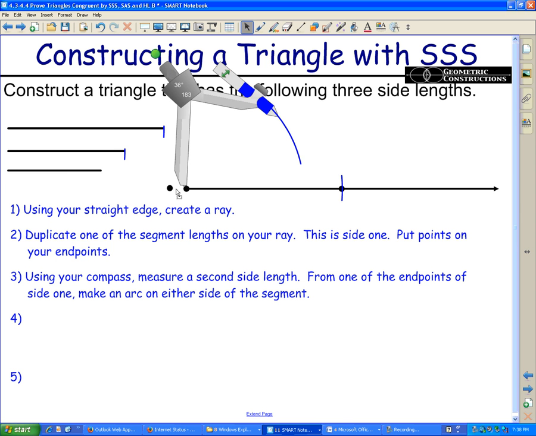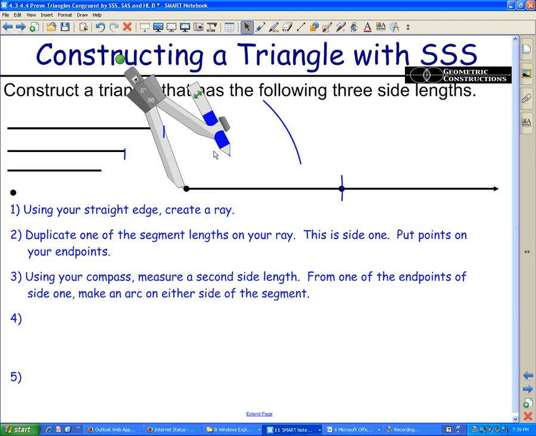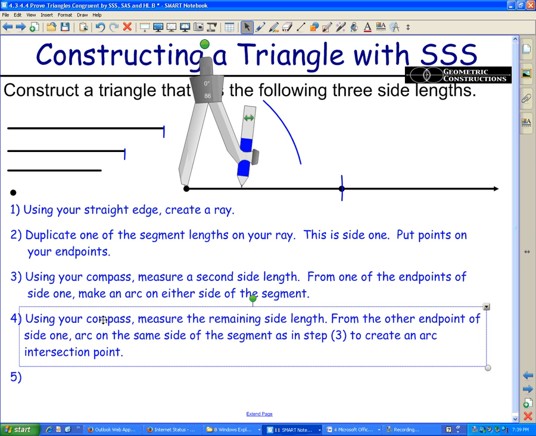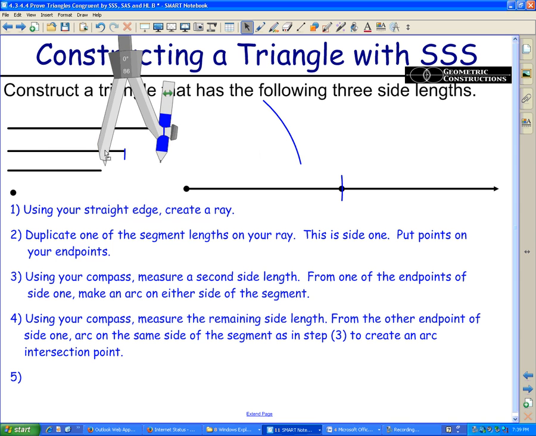You know, it may be down here, it may be up here. I just want to make sure I make this arc long enough that when I'm looking for the length of the third side, I've made enough of an arc that I get an intersection. And I think I've got plenty of arc there, so let's go ahead and continue on to the next step, which is, using your compass, measure the remaining side length, that third and final side length. So I'm going to come over here to our last length, in this case the shortest,